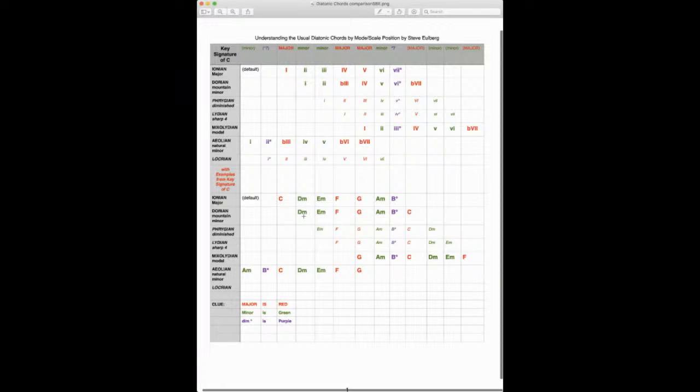In D, I would expect to have an F sharp if I was playing, but we're not. We're in C. The C key signature, D Dorian mode and scale. The 4 chord is also going to be major. The 5 chord now is going to be minor. The 6 chord is going to be diminished. And the 7 chord is going to be